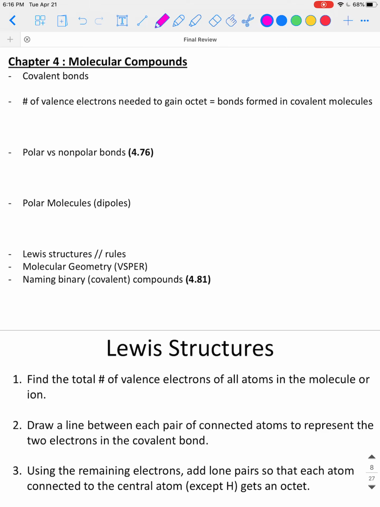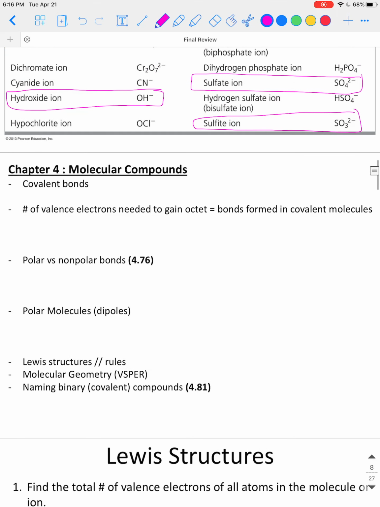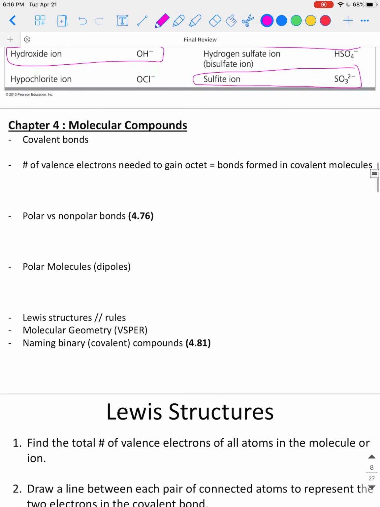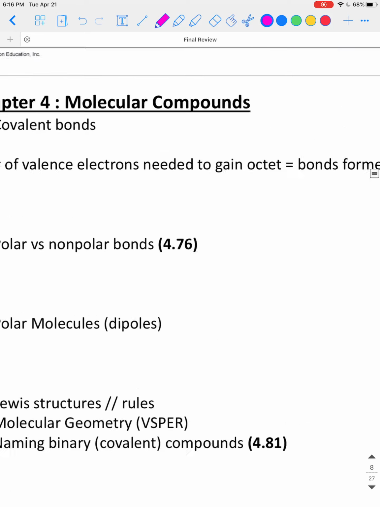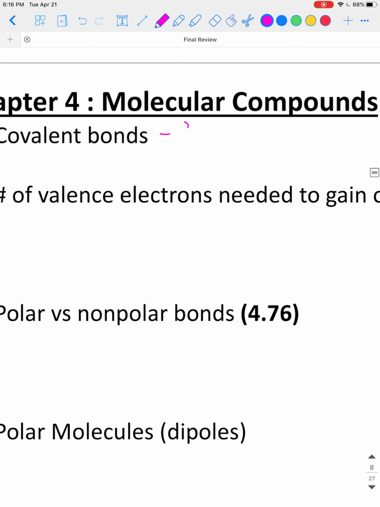This is covalent bonding, molecular compounds that are held together by covalent bonds. So I didn't even talk about what an ionic bond was. An ionic bond, if you remember from chapter 3, is a bond that's formed from a cation and an anion. And that occurs, you get those things from completely trading an electron. So an ionic bond forms when an electron is completely traded from the cation to the anion. But a covalent bond is different. A covalent bond is formed